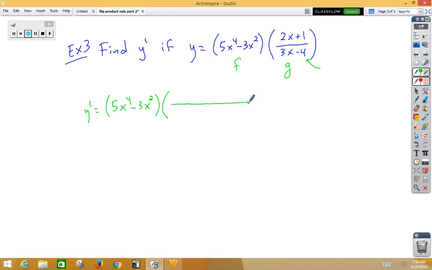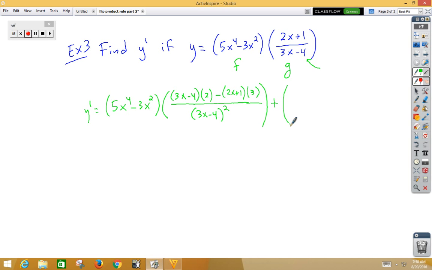Again, that's going to be quotient rule. We're going to want to square the bottom first. Then we have bottom times the derivative of the top, which is 2, minus the top, 2x plus 1, times the derivative of the bottom, which is 3,